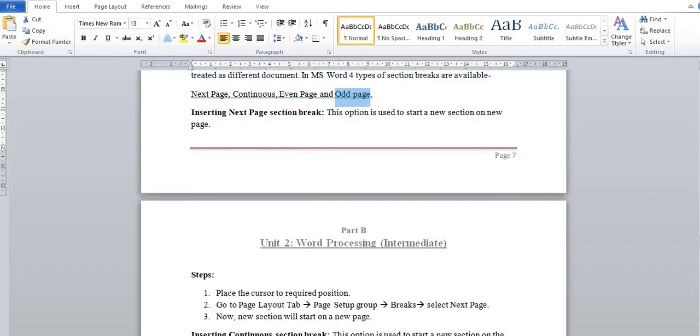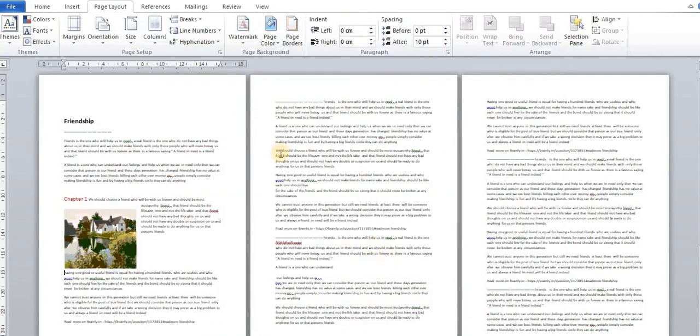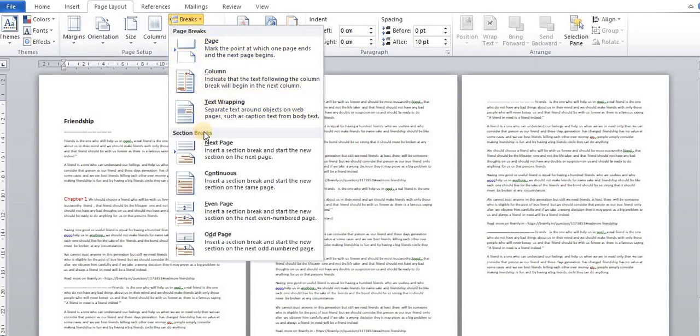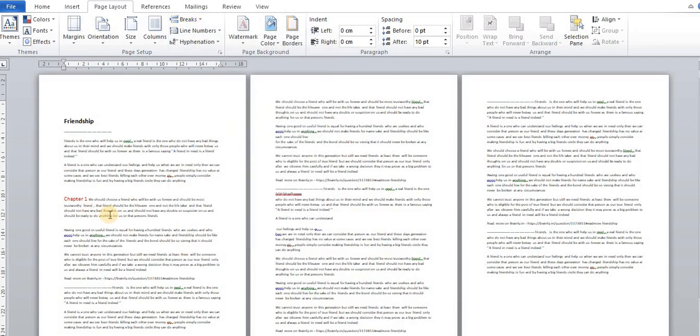Now let's go to our practical session. Now remove this unnecessary part. Here in section break we have the next page section break. Let's see first. This is your page number 1.